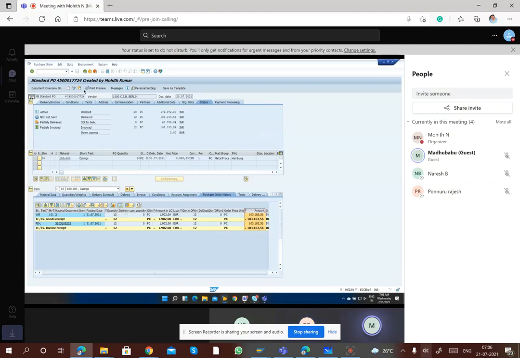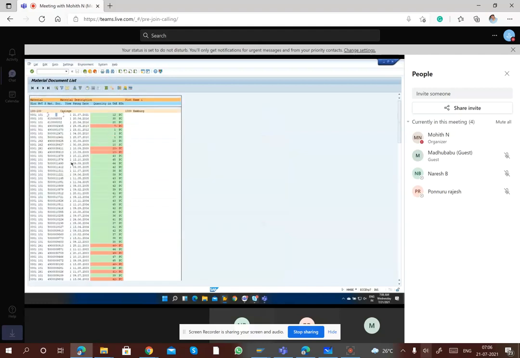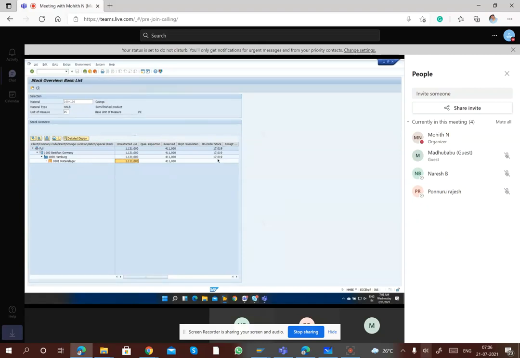Okay, now let us go into one more detail just for your basic understanding and see how that behaves. This PO I got from the MIGO screen. If I click back, I will go back to the MIGO screen only. This MIGO screen I got from MMBE. If I go back, this will go to MMBE only. Now if you see, there is a quantity of 17019 as on-order stock. This is a combination of multiple orders. Just like how we raised one order, there might be many people raising different orders here.